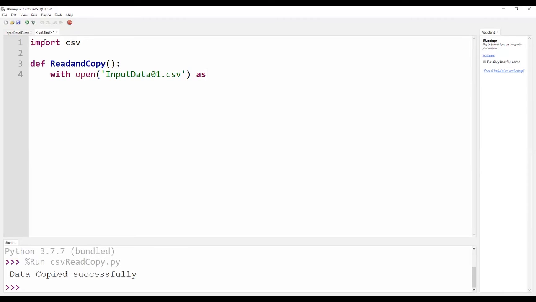With open, you are opening this particular file as csv read. We are going to read this CSV file, that's the file handler name. I have to open one more file to copy this data into another file. With open, I'm just keeping it as CID, copy_input_data_01.csv.